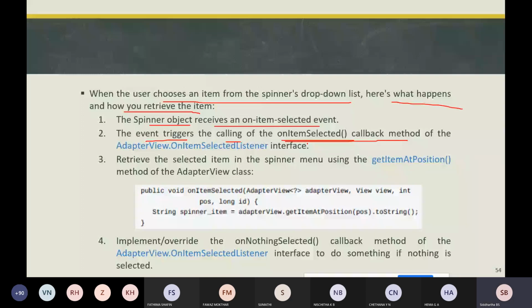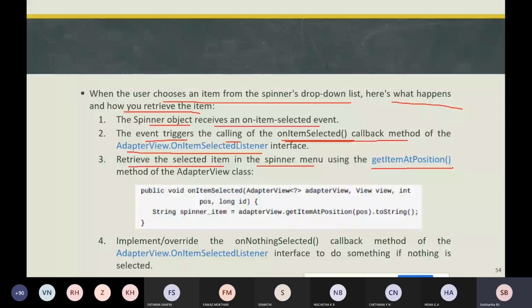Once it triggers, we need to retrieve the selected item in the spinner menu through a method called getItemAtPosition. This method is present in the AdapterView class.